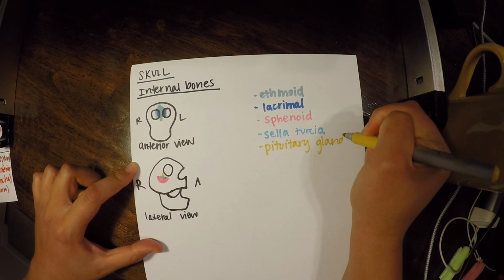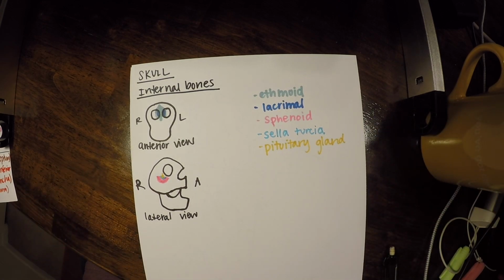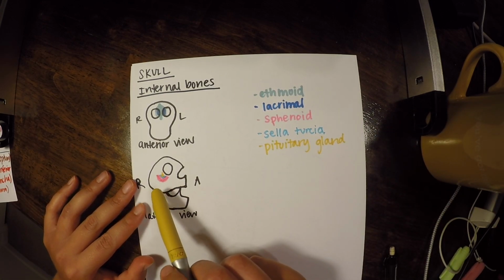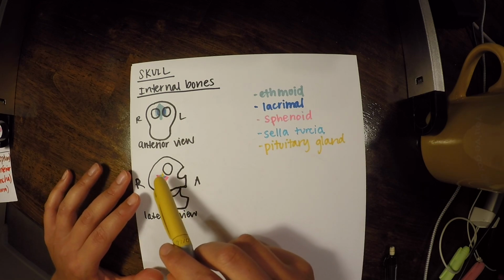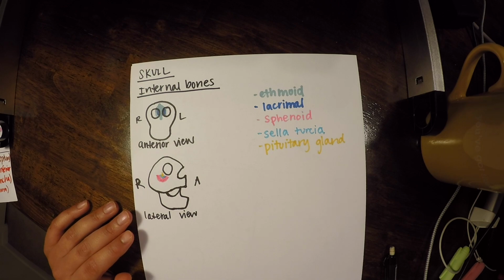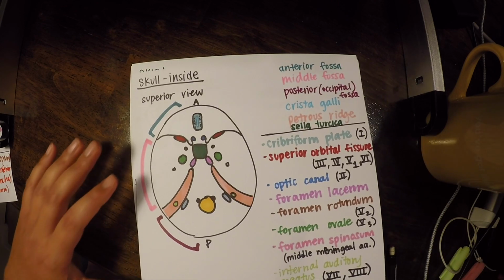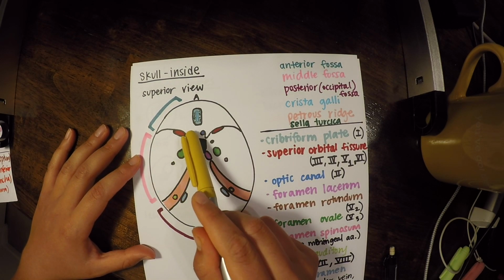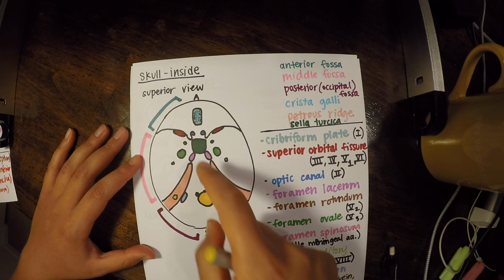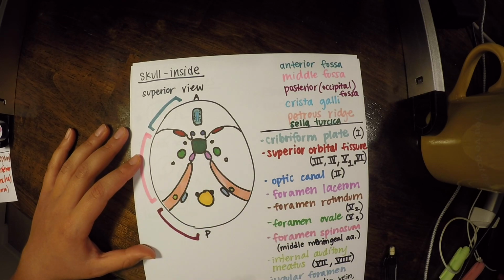And that's going to be important for us to note the location of the pituitary gland and actually our optic nerves. Remember, if you look back on your skull drawing before, I'm going to pull it back in. Here is our sella turcica in this dark green here, and we have our optic nerves that come in through right here through the optic canal.